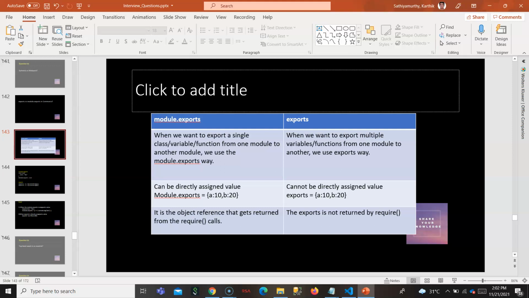But there is one difference: module.exports can be directly assigned to your object, but exports cannot be directly assigned. It should be assigned like exports.a equal to 10, exports.b equal to 20.